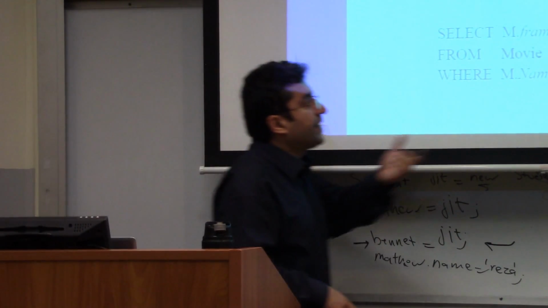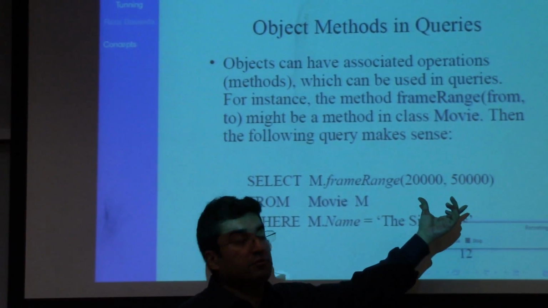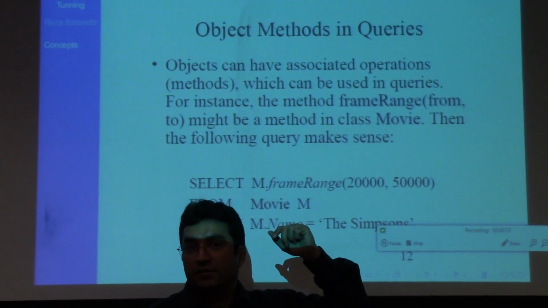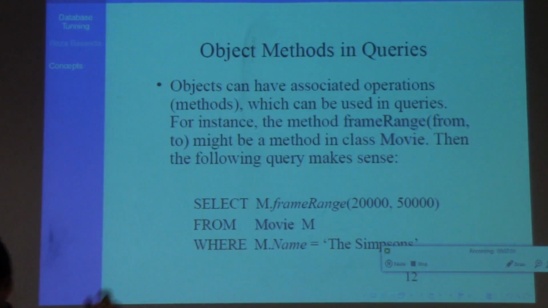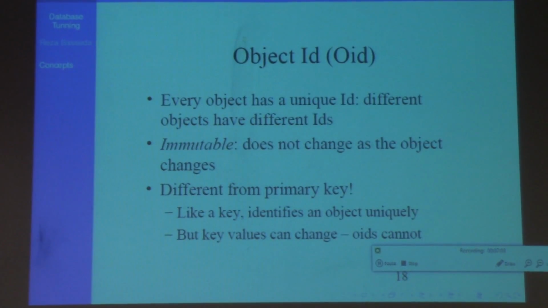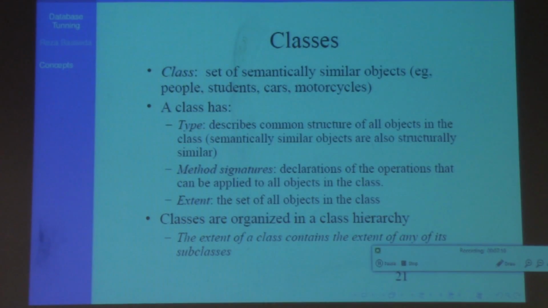Here, the frame range is a method, right? What is the signature of this method? Integer, right? So the class is also defining the signature. So the first part, type, the second part, signatures. The third part,